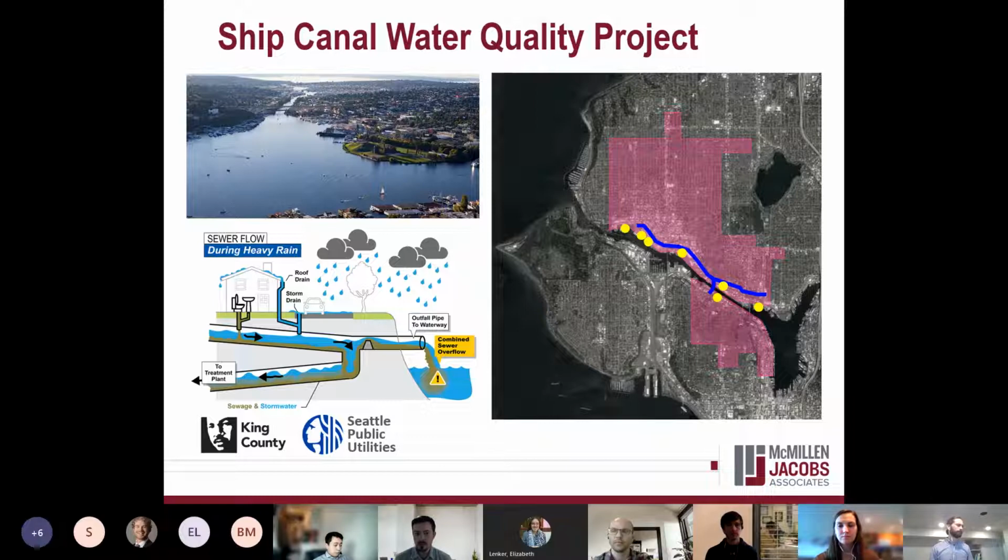So that map there should look familiar. There's Lake Union on the bottom right and Discovery Park all the way at the left. Those 7 dots represent outfalls that overflow and discharge sewage to the Ship Canal during heavy rainfall. There's about 80 to 90 outfalls total around Seattle, but those 7 account for a very disproportionate percentage of total overflows, more than about 70% by volume, or about 90 million gallons per year. And basically the existing sewer infrastructure in those neighborhoods, for a variety of reasons, just isn't able to